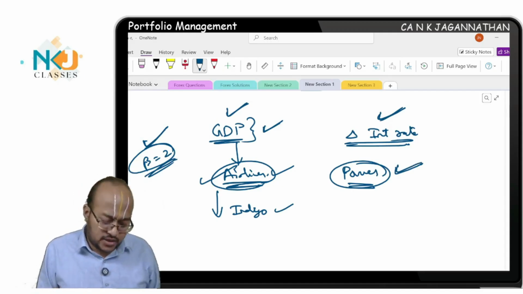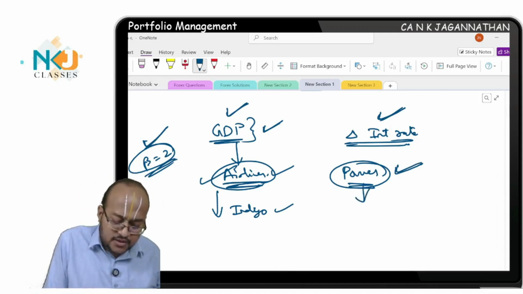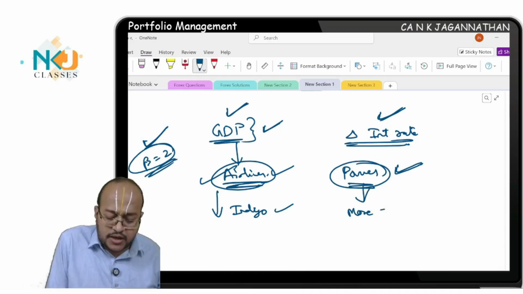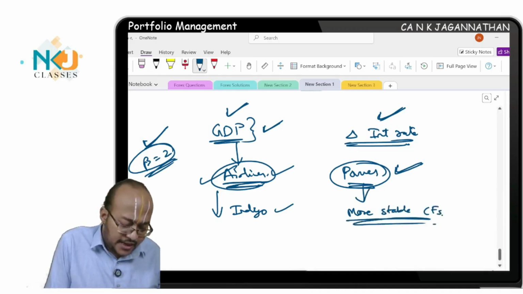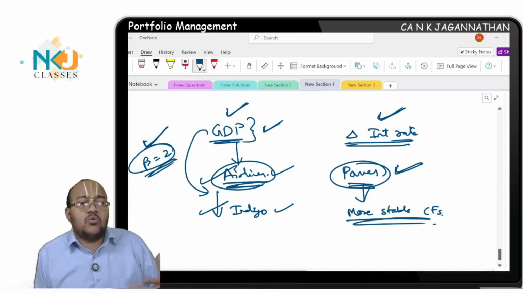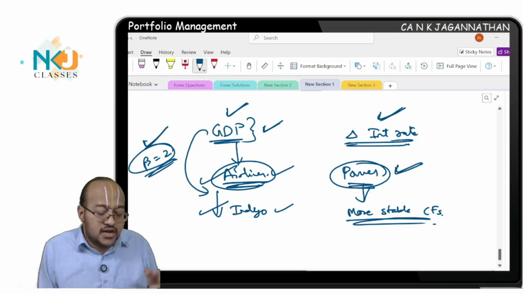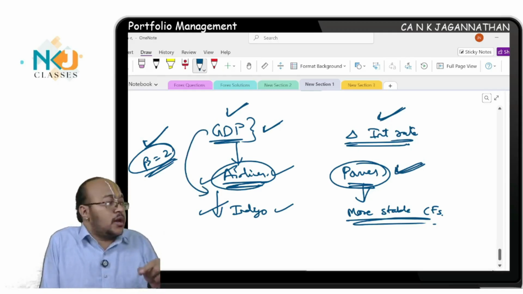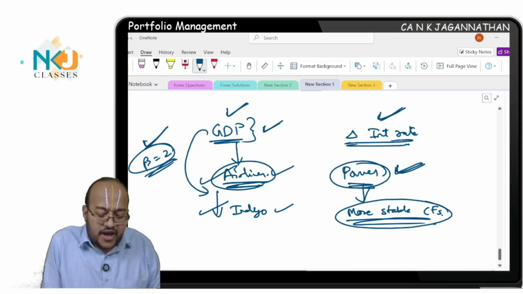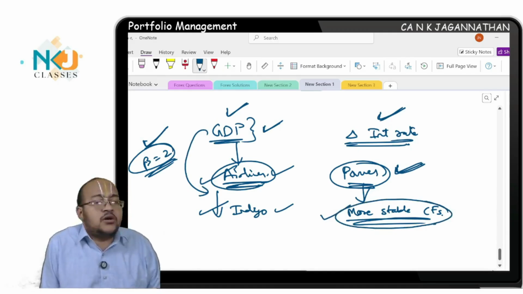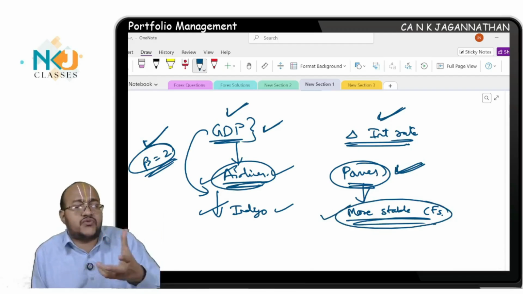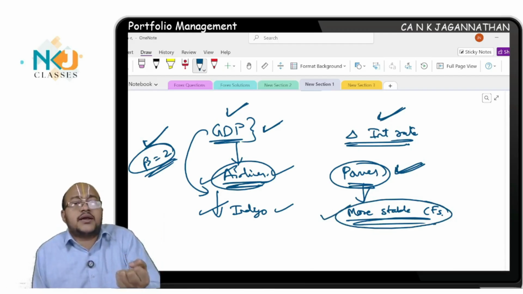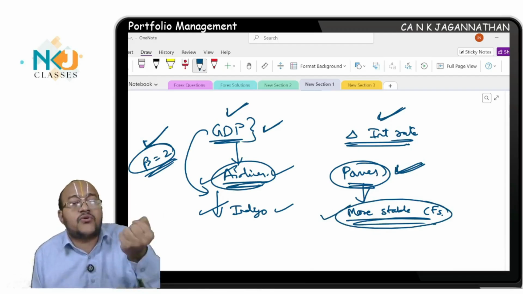So what I am trying to say is, this power based company will have more stable cash flows, correct? But here the cash flow itself will not be stable, and hence GDP will affect even more than the interest rate changes. But for this power based company, since there are steady cash flows, the value of the company will heavily depend on the interest rate, because where there are steady cash flows, the value will be ascertained by the discounted cash flow method. Present value of all the future cash flows,